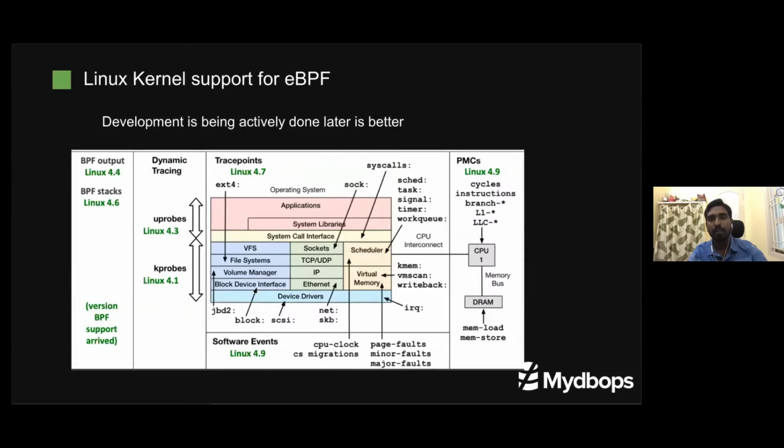Okay, so this is basically a screenshot which explains the development of eBPF or the packet filtering. From kernel version 4.4 onward, we have a dynamic improvement with respect to the code quality and the tooling around it. The later the kernel version, the better, so you can always use the latest kernel to reap the best benefit of eBPF.